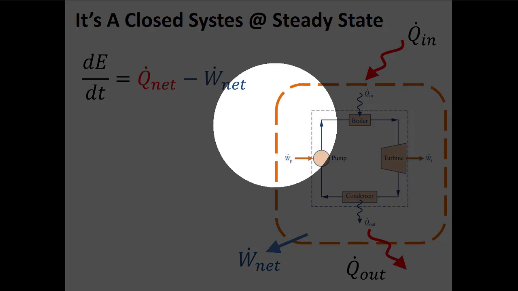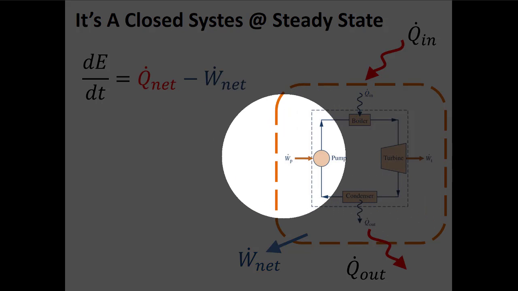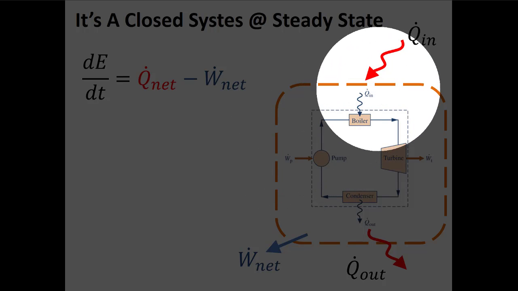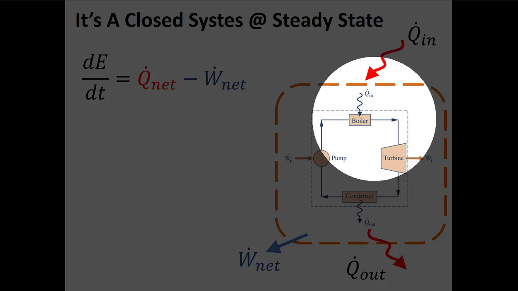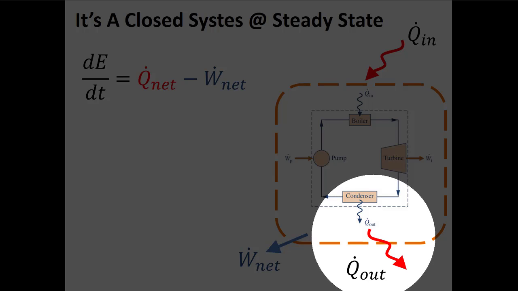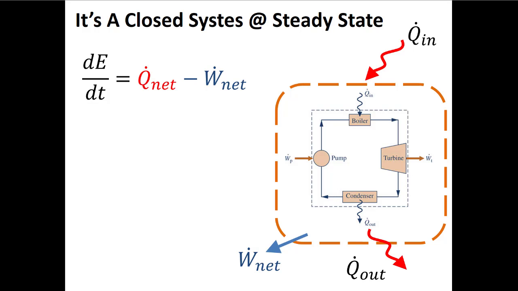So the net work is the turbine power plus the pump power, but the pump power is negative. And the net heat is going to be the heat in plus the heat out, but that heat out is also negative, right? So there's net heat and net work. And if we're at steady state and we're in a closed system like this, so we have no mass flow rate terms, then what we're going to find is that the net heat is equal to the net work,